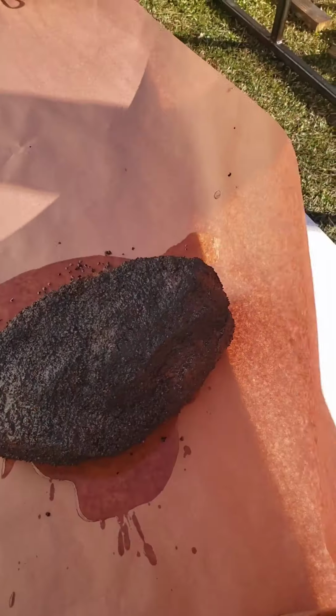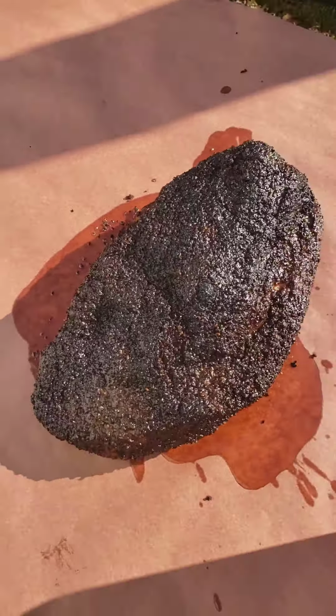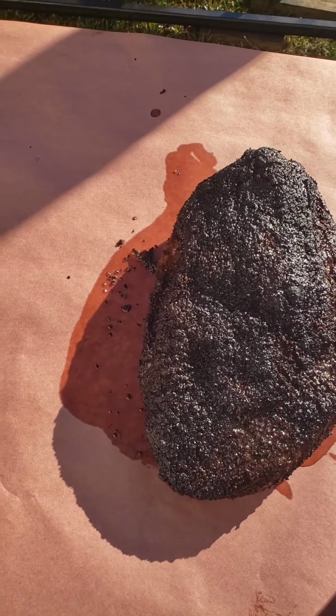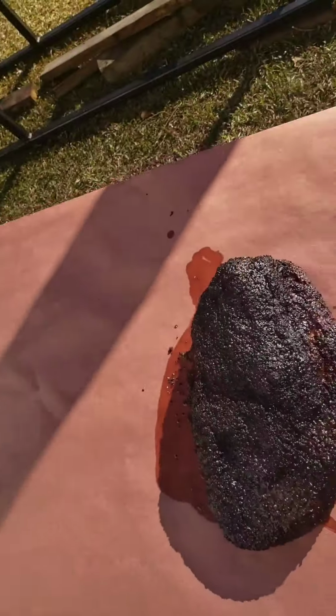Alright, so I'm pulling her off the wrap. We're at the 9-hour mark. And she has got some beautiful bark. Put some tallow down and get her wrapped up. It feels good, and just for the viewers, we'll probe it. Even though I don't hardly ever do that no more, but